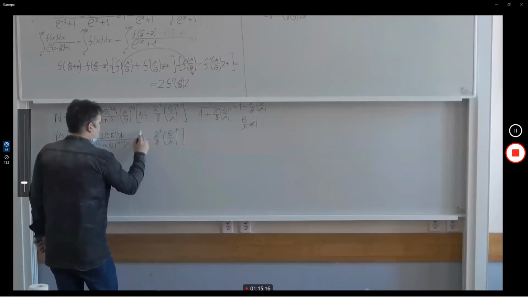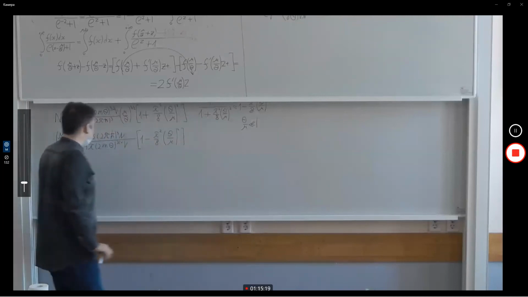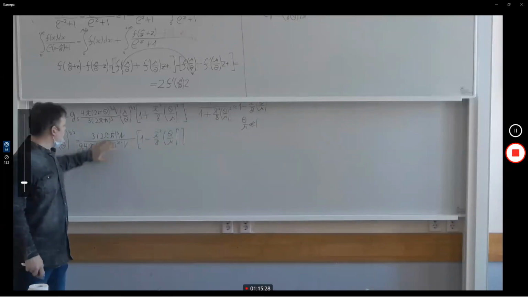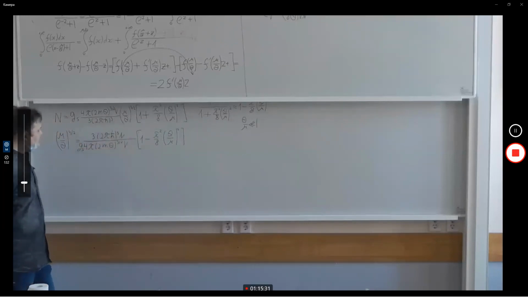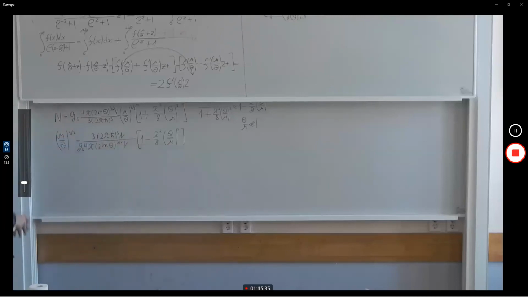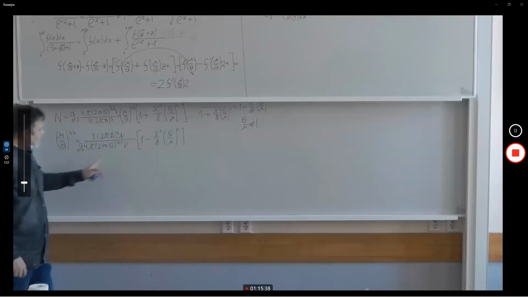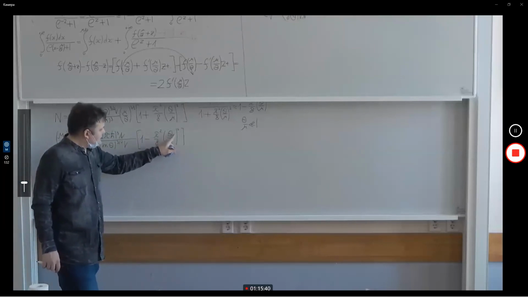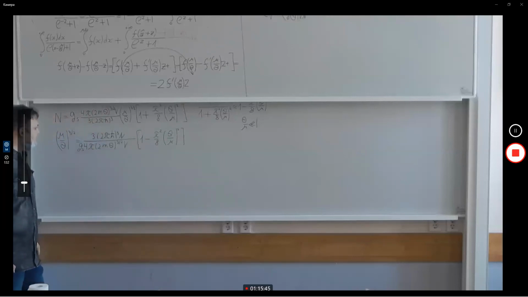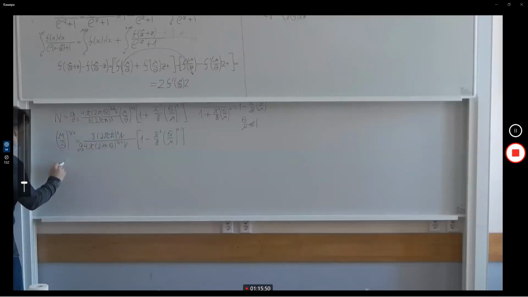Okay, let me write a square bracket. I get something like this. In the left-hand side, I have the chemical potential. In the right-hand side, I have something that doesn't depend on the chemical potential plus a small correction. Once I assume that the temperature is much less than μ in the range of temperatures of interest, I can assume that